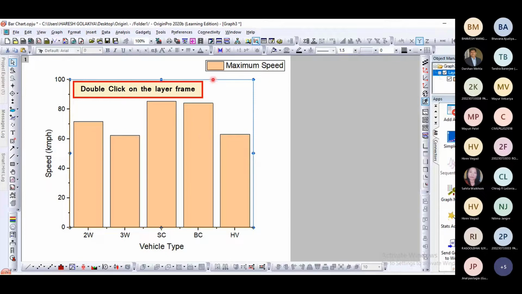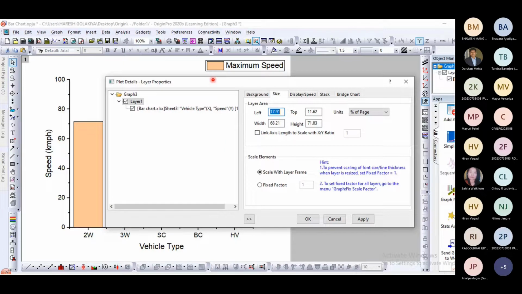We can click on the frame, so that the frame property will open, because here some space is available. If we don't want to waste this space, for that we can adjust from this.